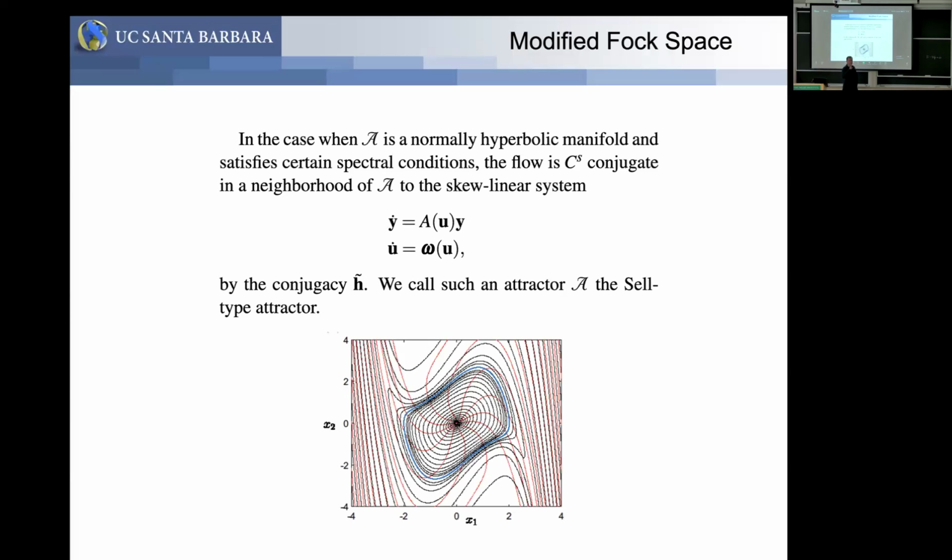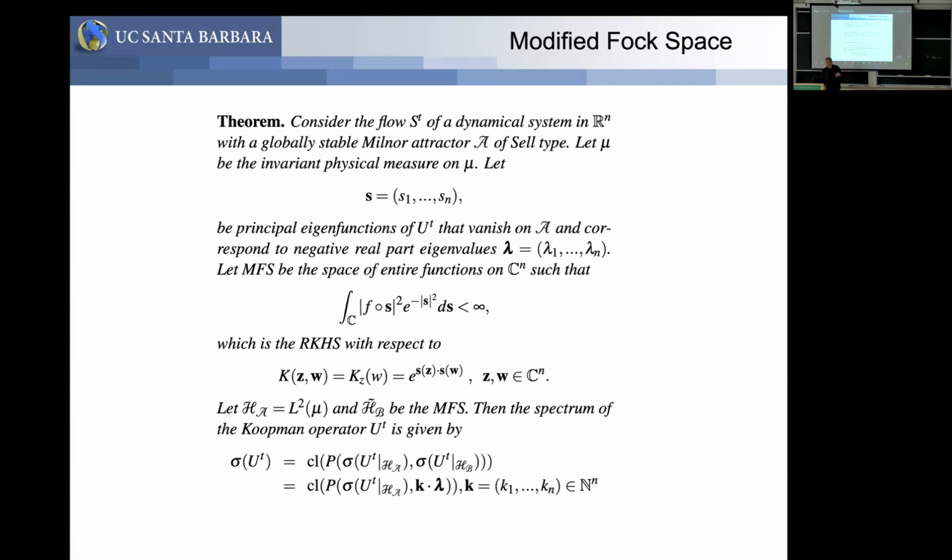Think of U as your angle on the van der Pol limit cycle phase, and think of Y as the transverse part. It's just that your matrix A depends on the value of your angle. So if you call that the Sell type attractor, you can ask, well, what is that space HB of the attractor? It's interesting. You could start with something, and here I credit